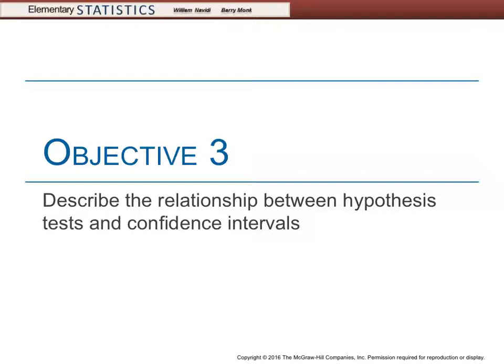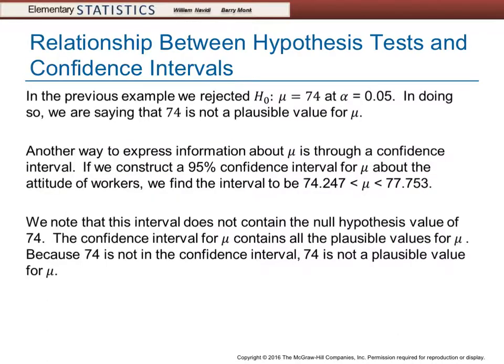So now we want to describe the relationship between hypothesis tests and confidence intervals. In the previous example, we rejected H naught, mu equals 74, at the 5% significance level. In doing so, we are saying that 74 is not a plausible value for mu. Another way to express the information about mu is through the confidence interval. If we construct a 95% confidence interval about mu, then the attitudes of workers we find in the interval to be